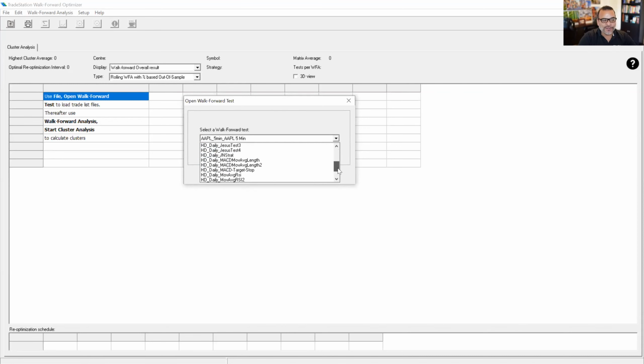The most recent ones, most of the time appear, well, that's not the most recent ones. This is sorted in alphabetical order. So just look for the name of the file you created. In our case, the one that we created was Keltner Genetic. By the way, the name that you provide is added to the symbol and the interval, which is the beginning part of the file. I wish the name that you provide would be the beginning so that you would know how it's sorted, right? But this is SPY. We did a test on a 60-minute chart, and it's a Keltner genetic because we ran